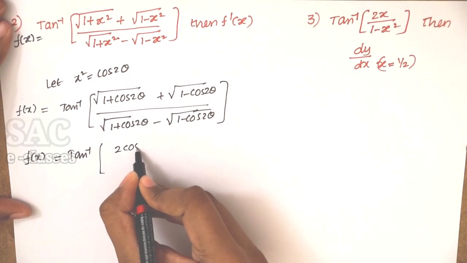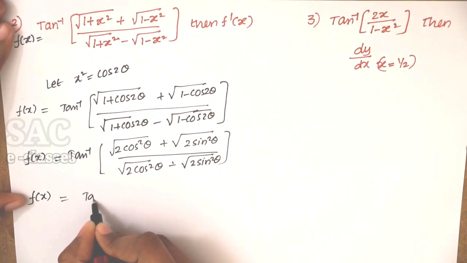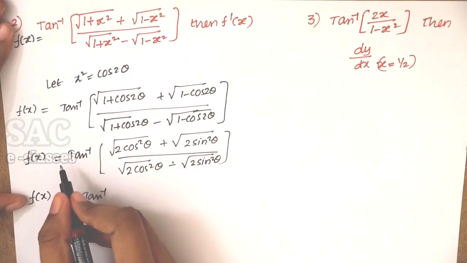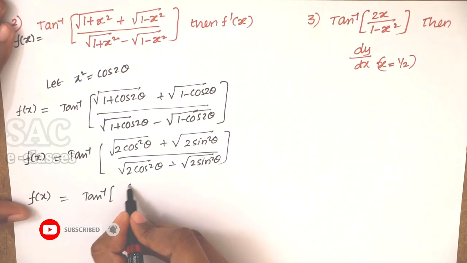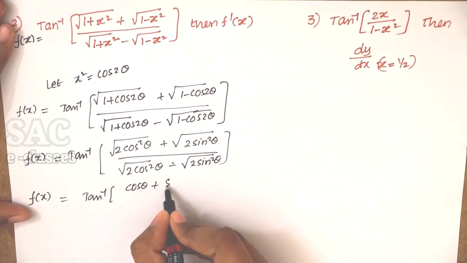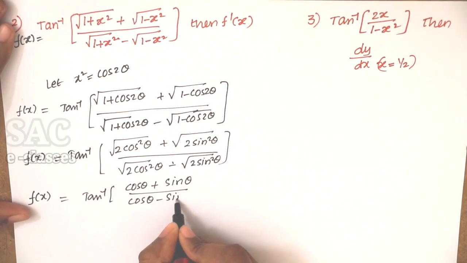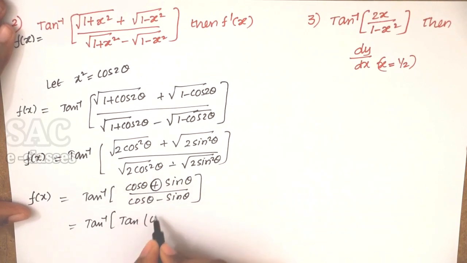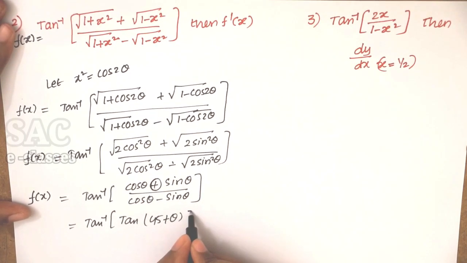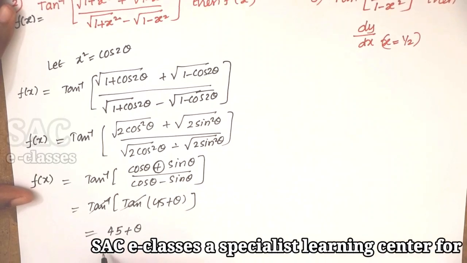By simplifying this, obviously we are getting the previous one, that is tan inverse. Anyhow, root 2 can be taken common and cancelled, and square and root get cancelled. Obviously you will get (cos theta plus sin theta) by (cos theta minus sin theta). You know very well, this is the formula of tan of 45. Numerator is positive, that's why 45 degrees plus theta. Getting cancelled, 45 degrees plus theta is the required one.